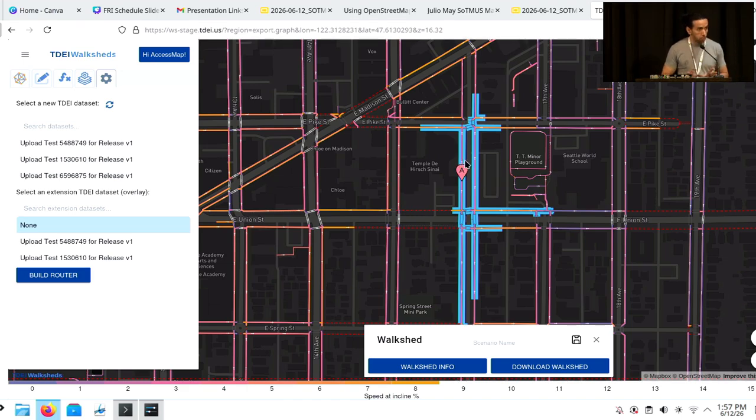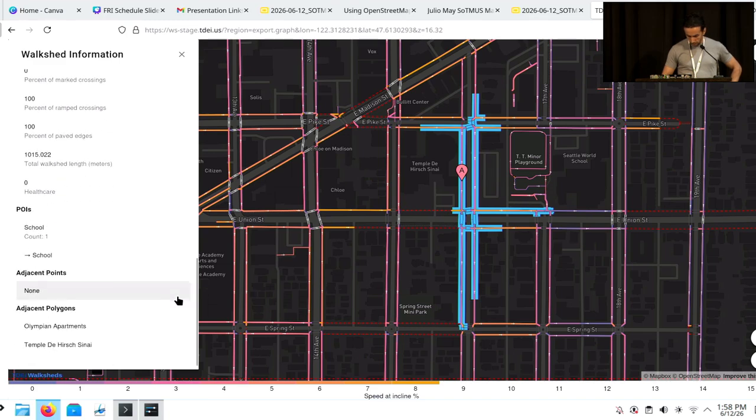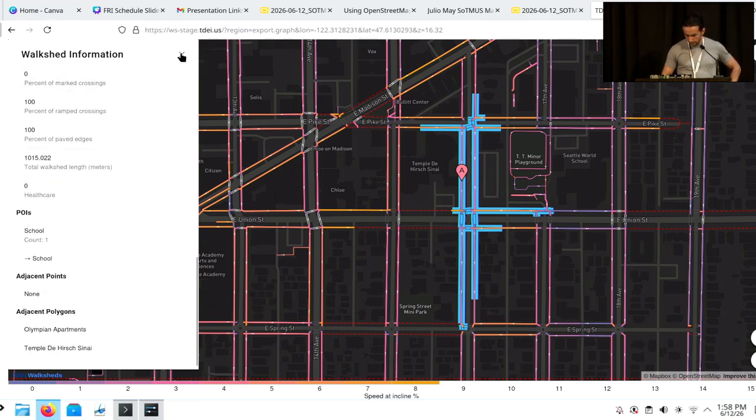So it will tell you how many healthcare facilities are reachable within a walkshed, how many grocery stores, how many schools, etc. And then you're able to customize your own score and come up with what you think is optimal. So in this particular case, we saw that there was a number of 0 for healthcare facilities, but